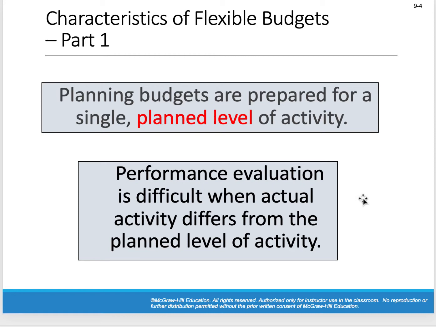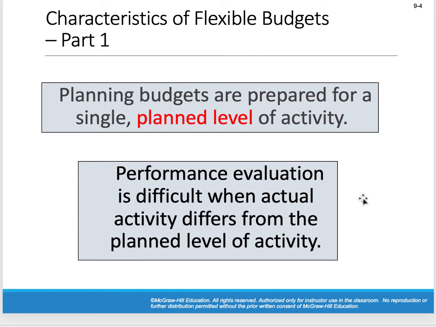That's static numbers, right? It's based on some predetermined planned level of activity. Here's what we think we're going to do, what we assume we're going to do, okay? Remember, when we look at the planning budget and compare it to actual performance, we're comparing apples and oranges,